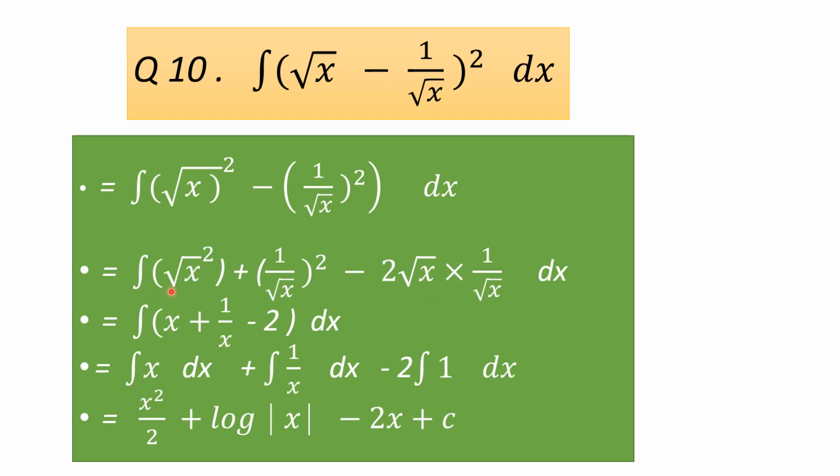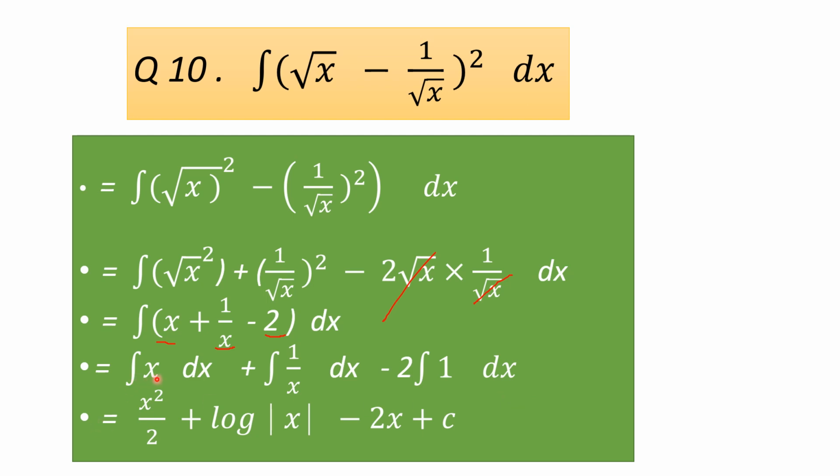Okay. Now under root of x whole square will give you the answer x. 1 upon under root of x whole square will give you 1 upon x, and 2 as it is, because this under root of x will get cancelled by this under root of x. So you are left with integration of x plus 1 upon x minus 2. Now take the integration symbol individually to all these three items. You are left with integration of x dx plus integration of 1 upon x dx minus 2 integration of 1